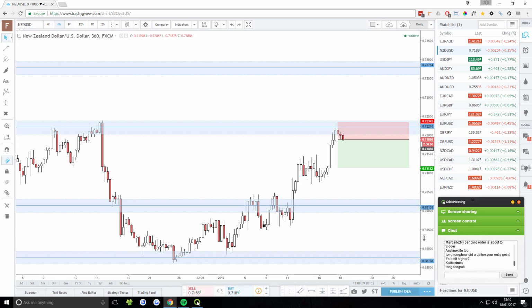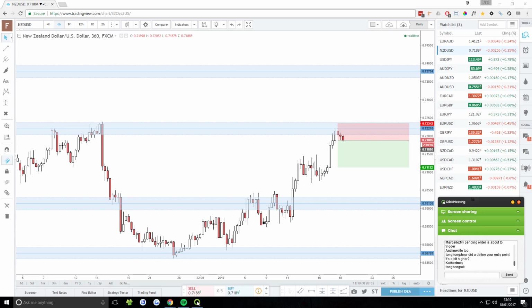Yeah, so the problem area with this trade. I'm sure you guys can see why I would consider this a problem area. As price was coming up through here, it stalled and it moved around for quite some time. And then it continued up.